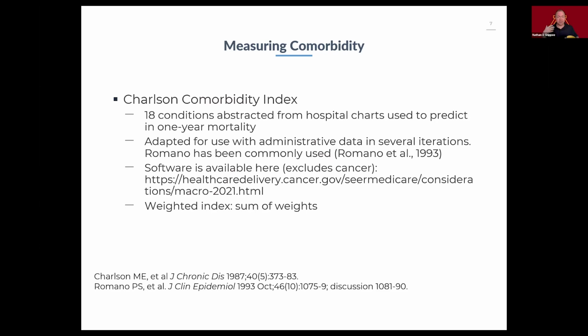Charlson, if you have heard of it, if you have used it, has taken on this air of timelessness. People use the word Charlson over and over, as if it's been around forever, but it's actually only been around since the late 80s or 90s in practice. Mary Charlson and colleagues developed this, again, I think on a set of stays in New York. And it has since been adapted for use with administrative data, which is, I think, one of the reasons why you're going to see it a lot, anytime somebody's got some data and they've got the codes that they can use to adapt that set of conditions.